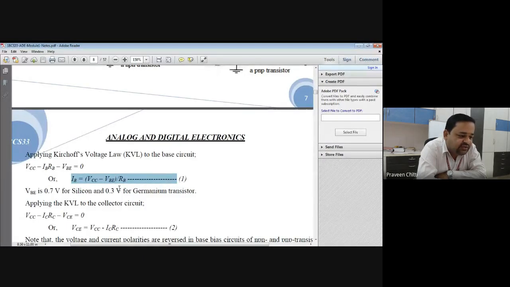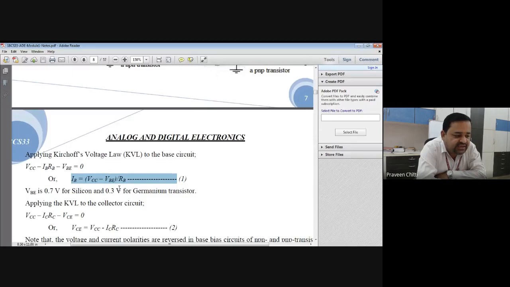Hence, when you connect the value of RB and VCC, a fixed or constant amount of base current IB will start flowing in this circuit. Hence, this circuit is also called the fixed bias circuit. It is called base bias because we are connecting resistor RB between the base and the collector supply, and it is called fixed bias circuit because the moment we connect a resistor RB, a fixed amount of base current